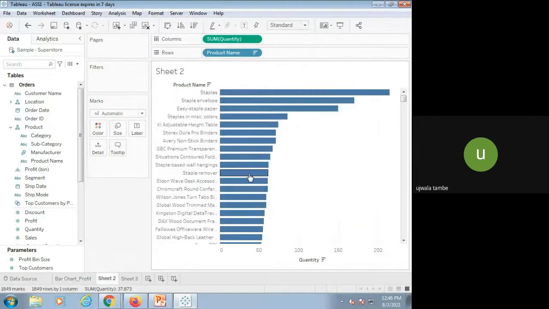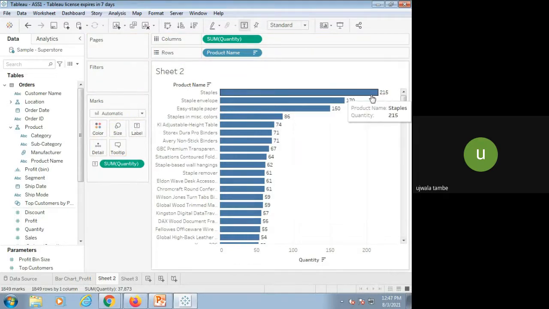And for the detailed information, instead of hovering on the data pane, you can directly show the values by using the label. So what kind of data do I want to show on my bar chart? That is the quantity. So just drag the quantity into the label.